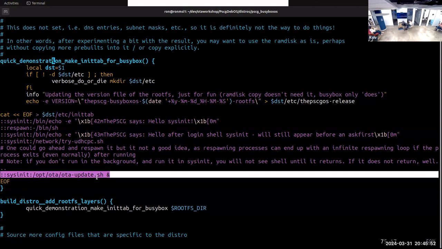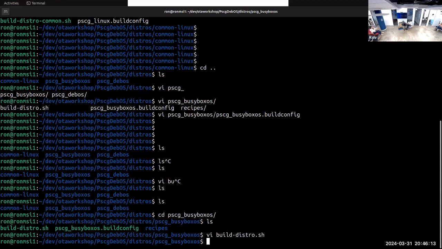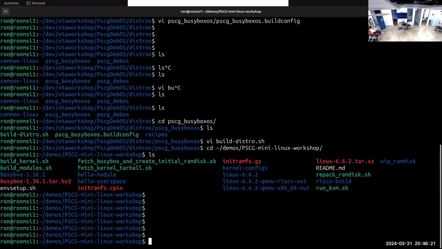Now, because the system I started showing you, part of the example, doesn't have the DHCP, then the OTA complains, hey, can't download. So this is an example for a root file system. And the other things are pretty much similar to what we saw in one of the previous meetups. I just want to remind you that had the fetch BusyBox and kernel, create initial RAM disk, kernel tarball, build kernel, build modules,